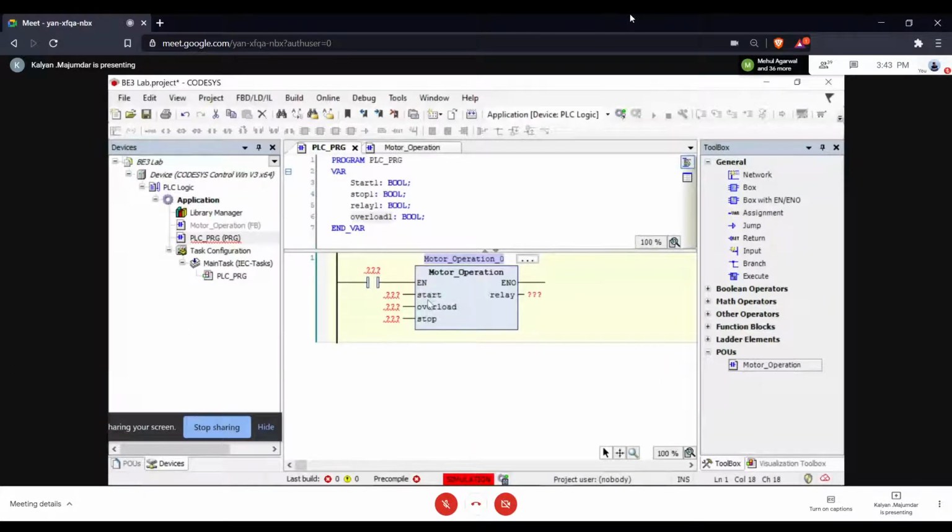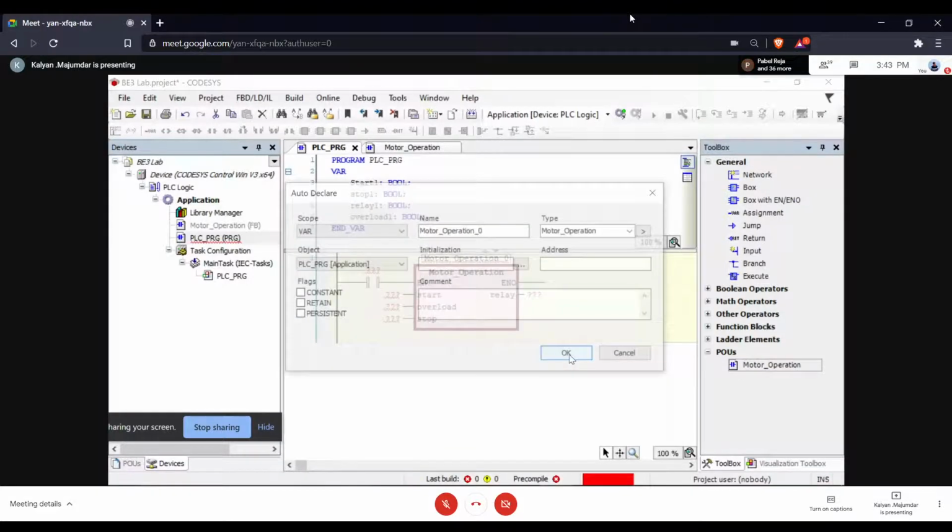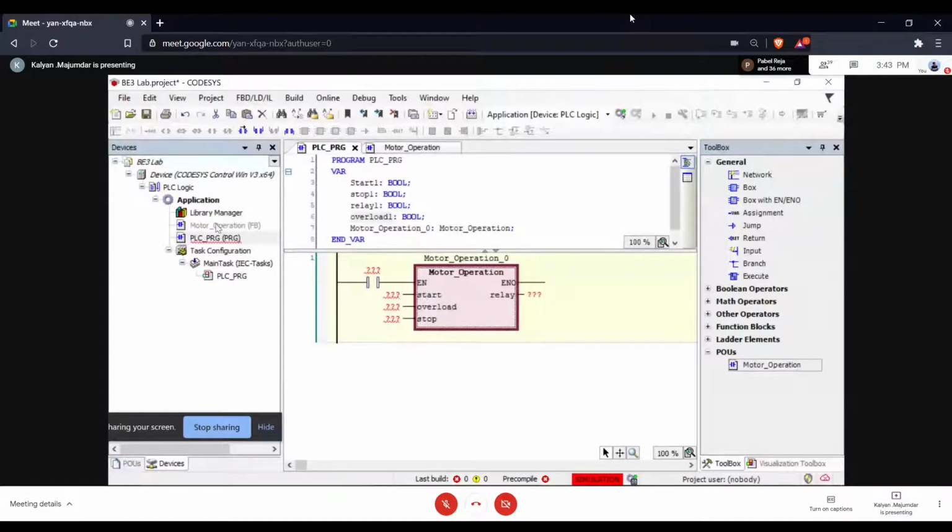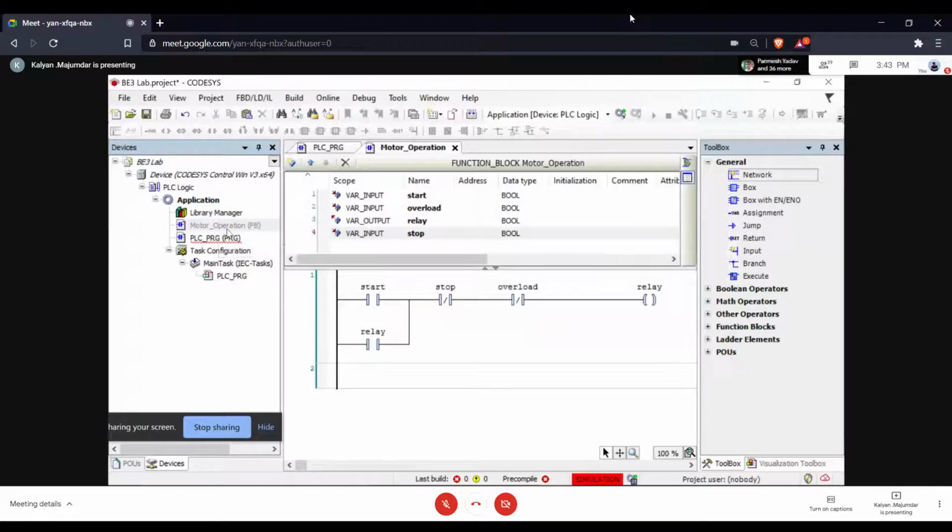These are the three variables that were defined as input variables, and this is the output variable. Inside, you have the logic that relates the three variables to the output variable. You want to see the logic? Just want to go here. This is the logic. But anyway,